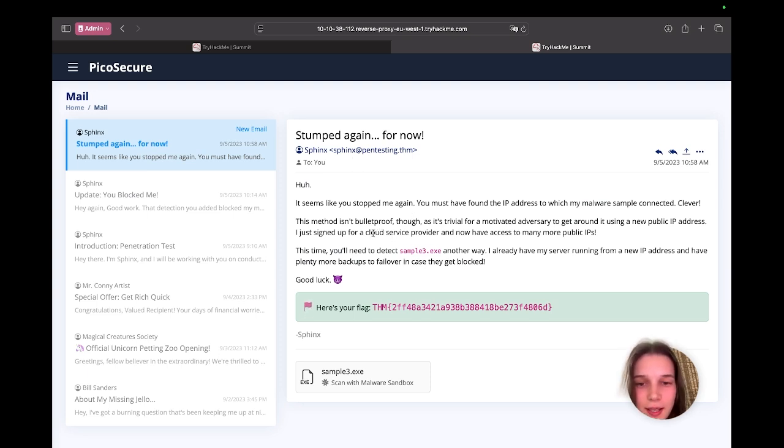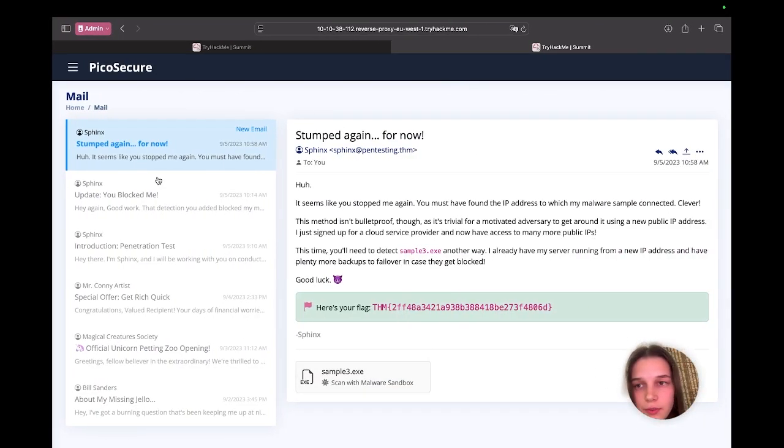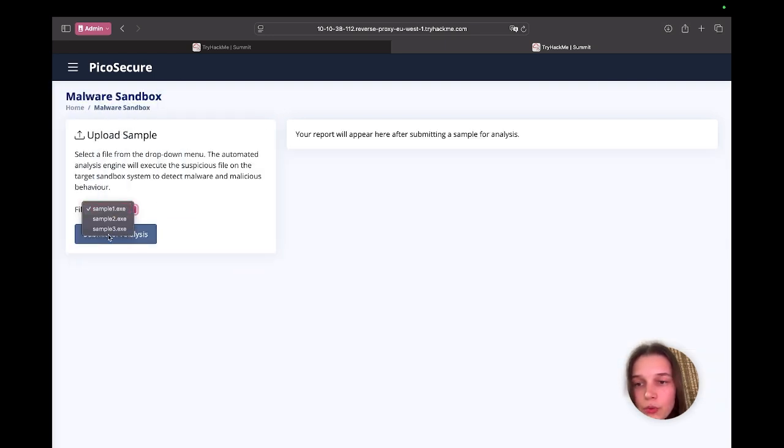It says they signed up for cloud service providers and now they have access to many more public IP addresses, which means we don't need to set up rules for IP addresses anymore. And what goes next in our pyramid is domain name. So let's have a look at what our malware sandbox will say. So we press sample 3,